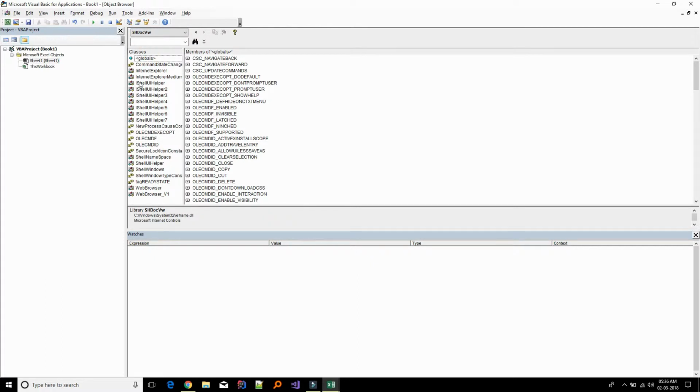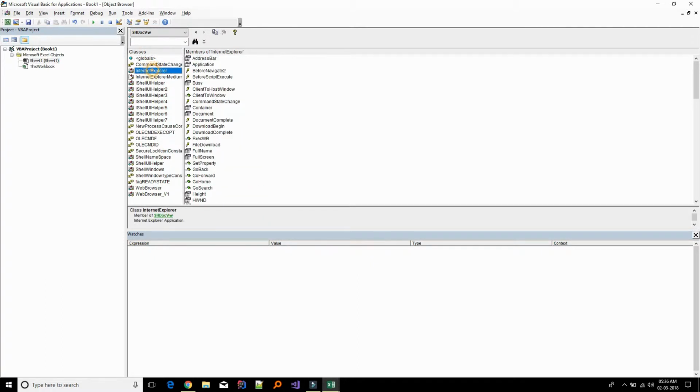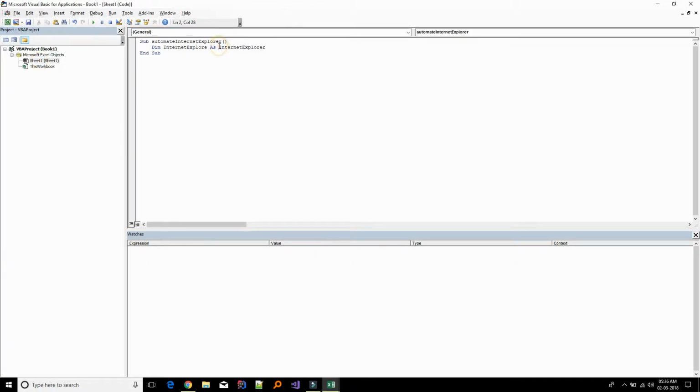Here we have a lot of classes. If you see, Internet Explorer is a class, one among them. So if you want to see in detail, you can again double click SHDocVw. So you can put SHDocVw.InternetExplorer,